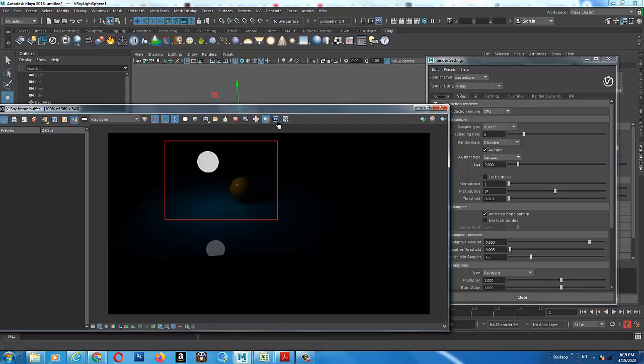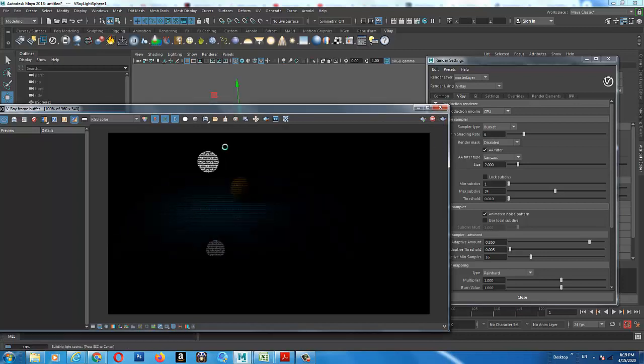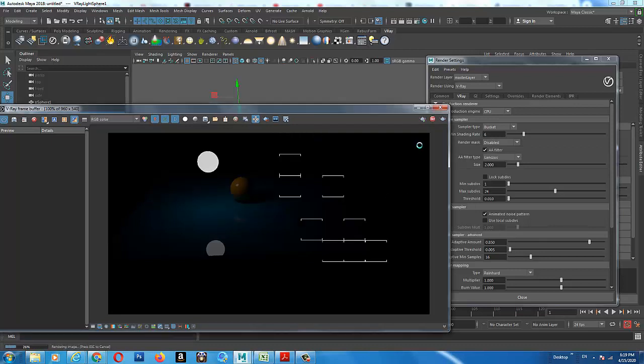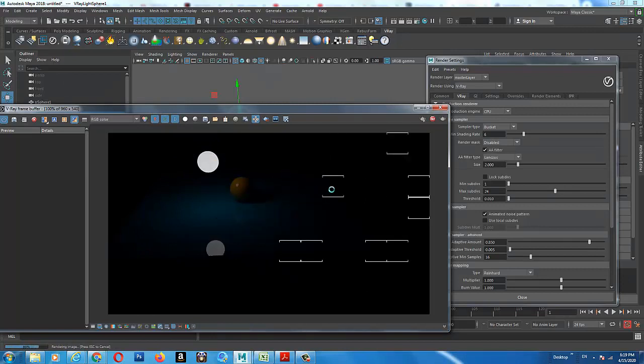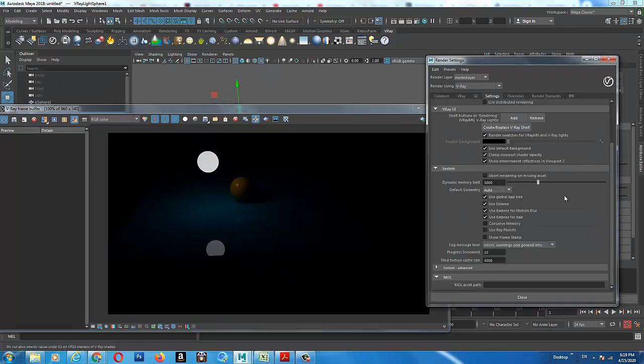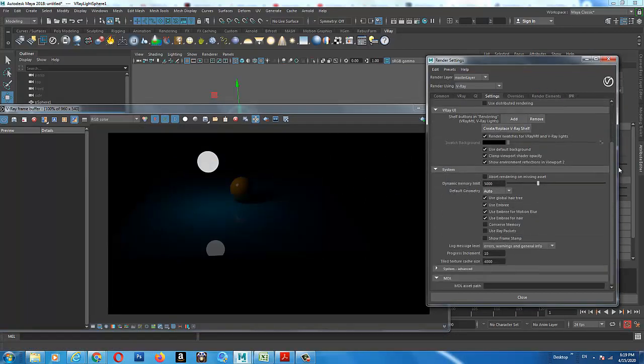So suppose I switch off this region and render it, and I keep my mouse open, you can see that it is rendering the area at the corner first, if I put it over in this area. And if I want to reduce the size of these buckets, you can see that the size of these buckets is fairly large. So if I want to reduce the size of these buckets, I can reduce it by going into the